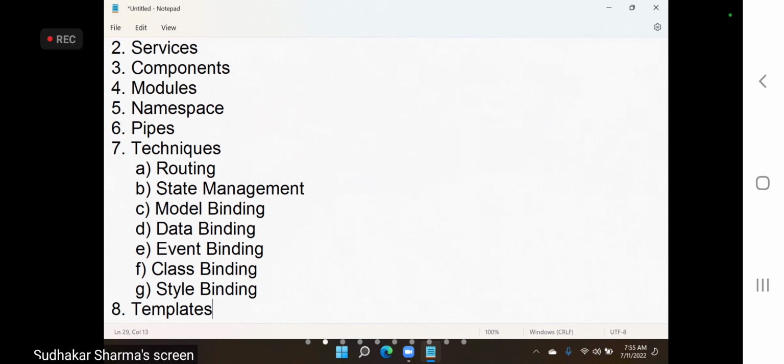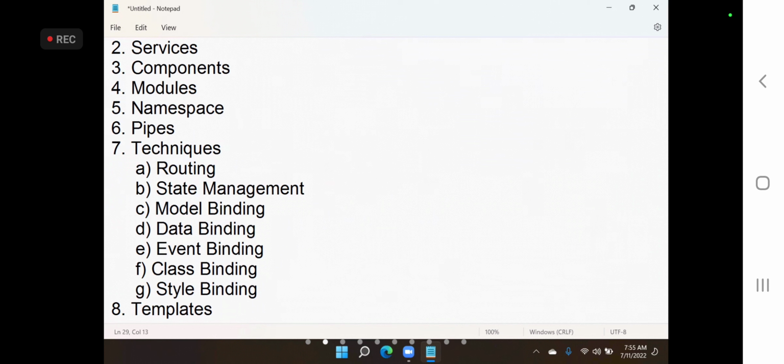So technically, a framework includes so many techniques and so many concepts. Almost in all technologies it will be similar, except concepts like pipes and namespaces. The majority of options will be similar. Even when you go to learn a library like React, there also you will find the majority of such things.